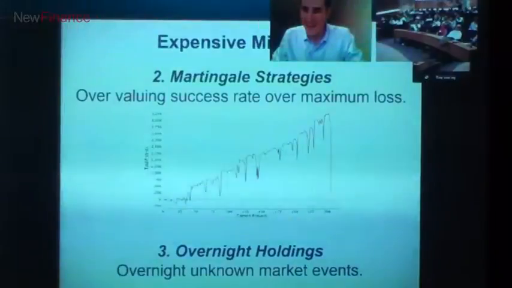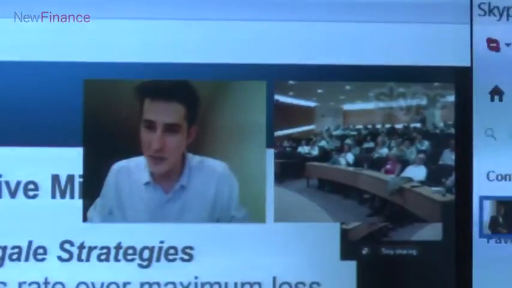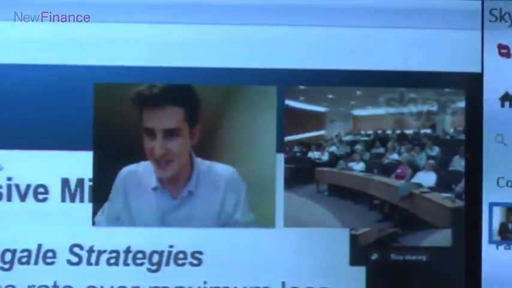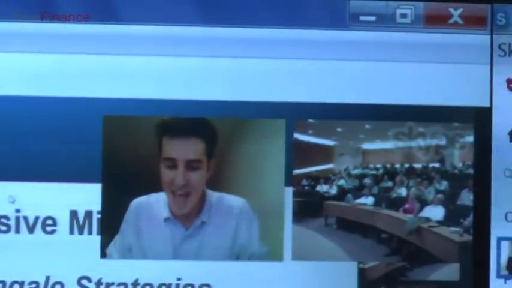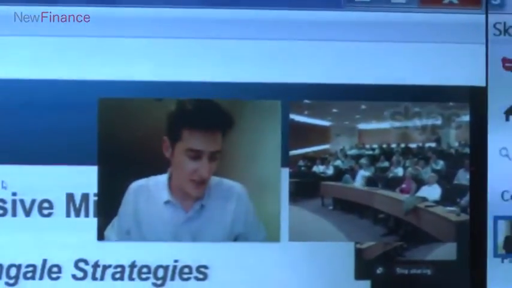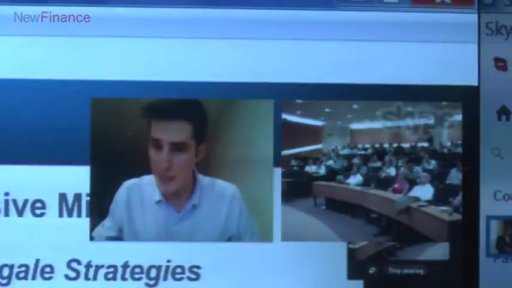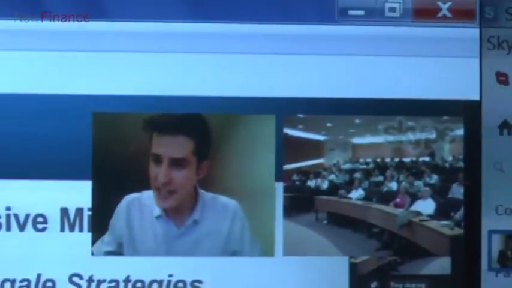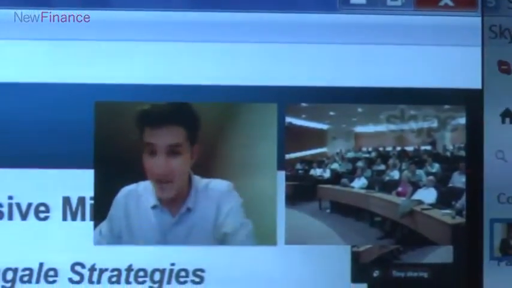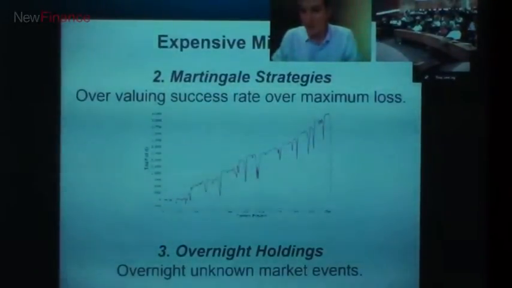And so, if you see the chart on the screen, that's the typical chart that you'll get from a martingale strategy. It'll look great. It'll go straight up until it doesn't, until you go flat broke. And so this was actually, I was running this strategy, and the cyclone hit Japan, and the market's been crazy, and I lost about 10% in a single day, which was, this isn't my chart, but it was one of those dips in a similar fashion. So again, a very, very expensive and painful mistake.